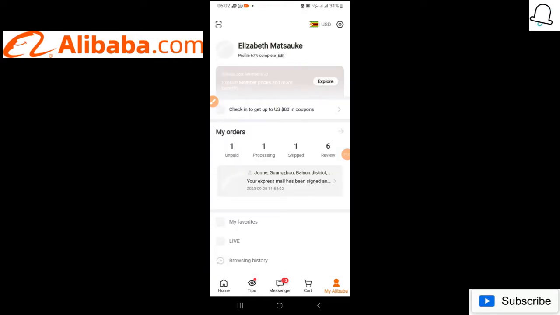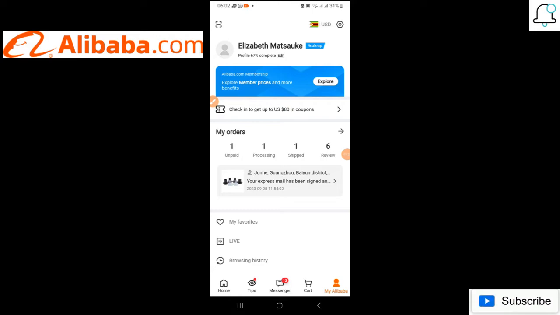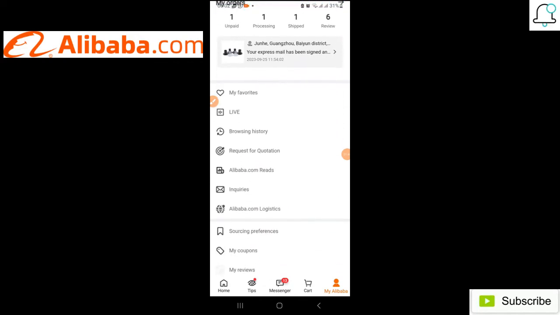I have signed in using my Facebook account, and it then shows you all your profile. It shows you the orders, the ones that have been processed, the ones that have been shipped, and the ones that need to be reviewed. So this is basically your dashboard, and it also shows you the items that you have favorited,